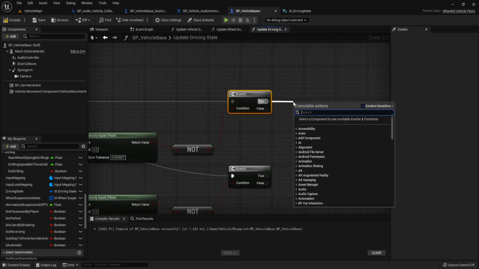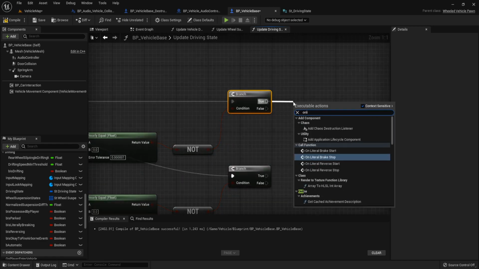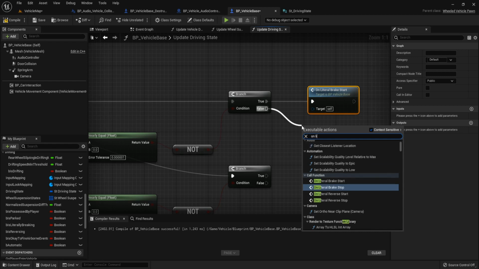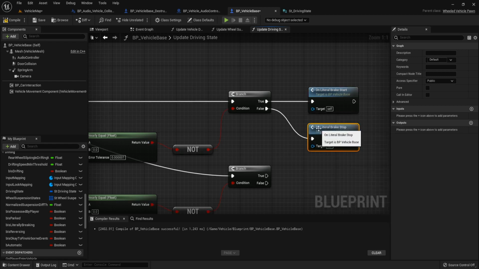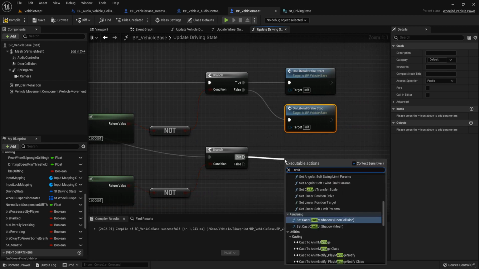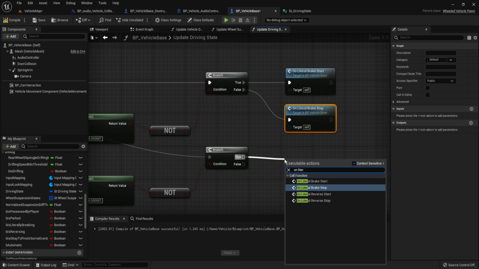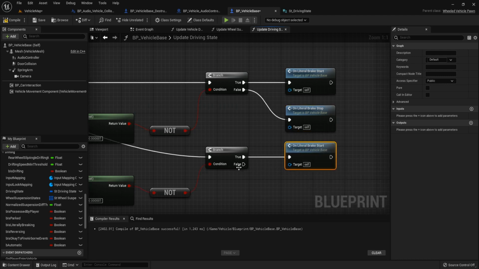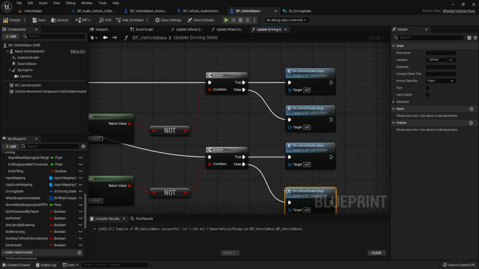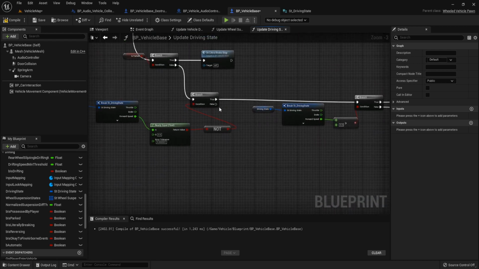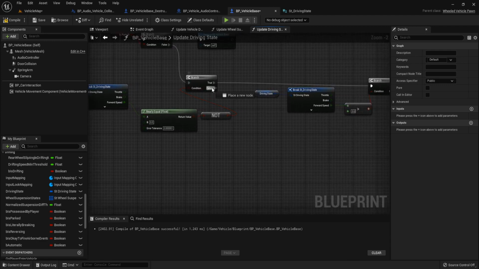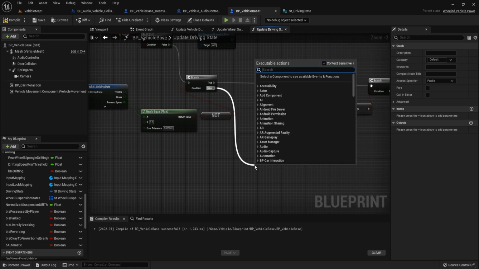When it's true, call on literal brake start, and when it's false, on literal brake stop. And this one on literal brake start and on literal brake stop. And when this forward speed not equal to 0 is false, we create another branch